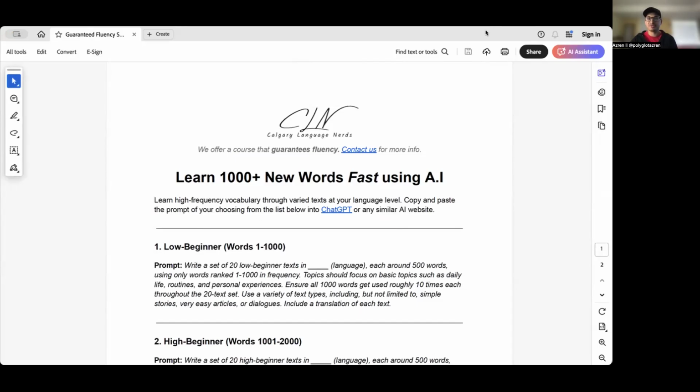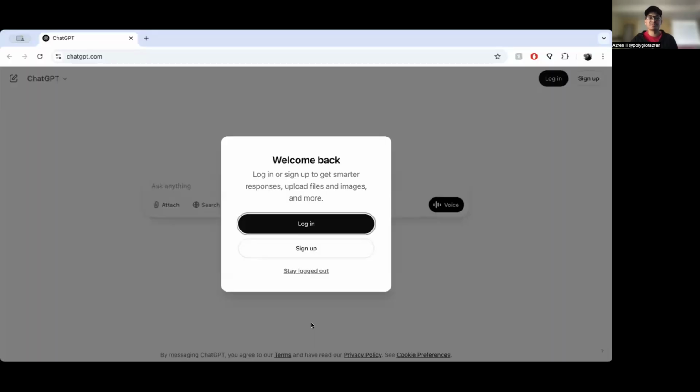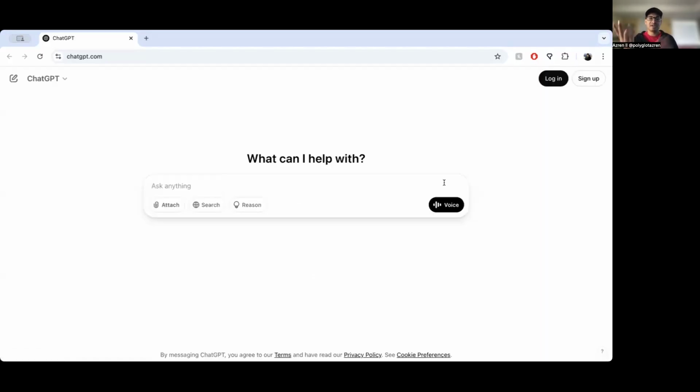Let me switch my screen share. When you click that link, it's going to take you to this website. You can log in if you have an account, or sign up if you want to. It is free, and it will save anything you generate if you have an account. I'm just going to stay logged out. So we have a blank page like this. What we're then going to do